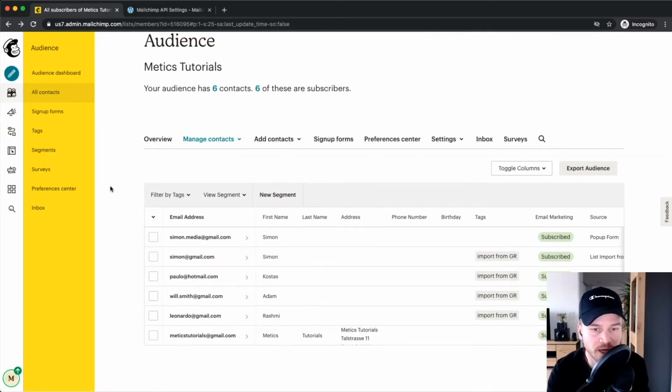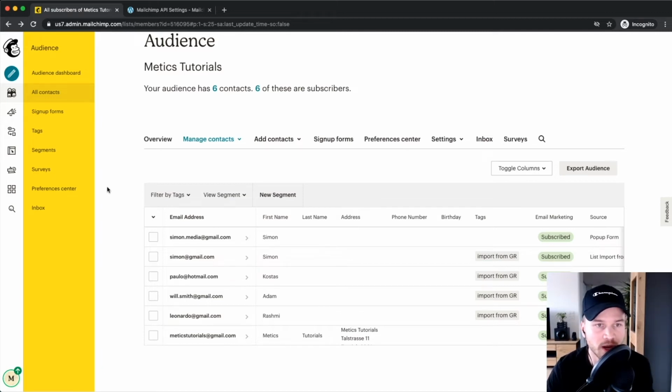All right, so now I'm going to show you how to create a simple inline form, also called an embedded form, that you can put on your WordPress website. You can put it on your blog post, on your sidebar, or on your footer, basically wherever you feel it makes sense on your website. And really the easiest way to put this on your WordPress website is to use a plugin called Mailchimp for